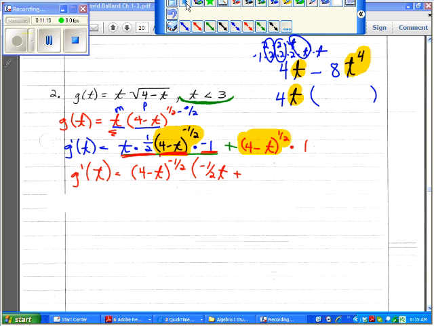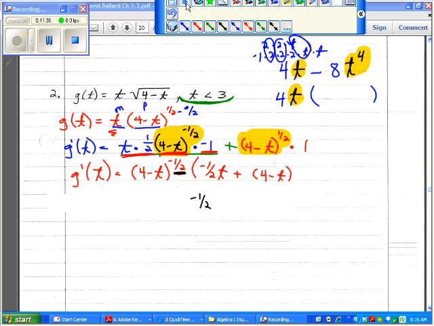Well, this is the cool part. This kind of works out nicely over time. What do we have to think? When you multiply with like bases, you do what? You add the exponents. So my question is,